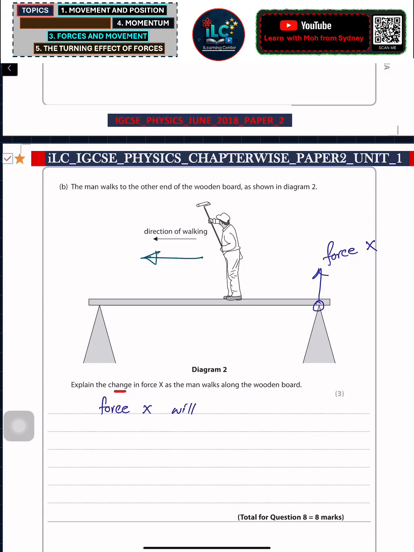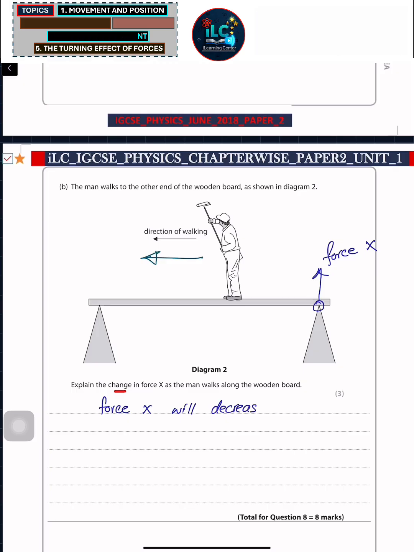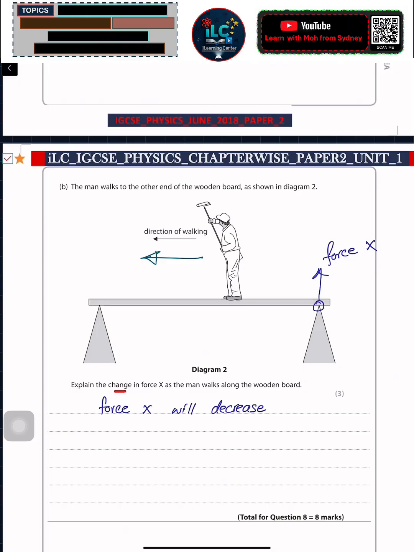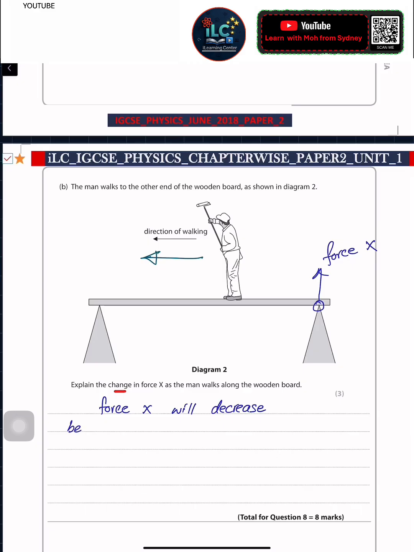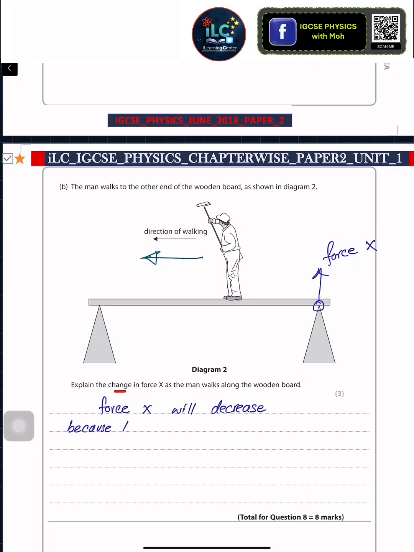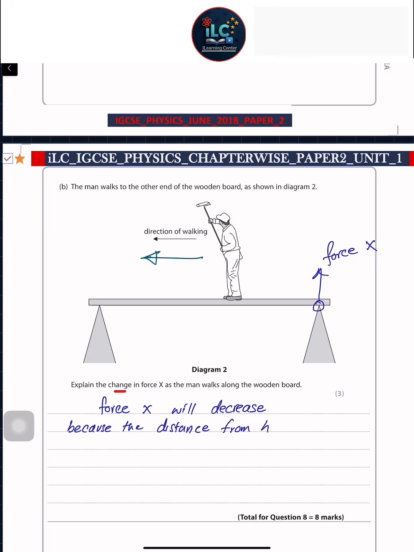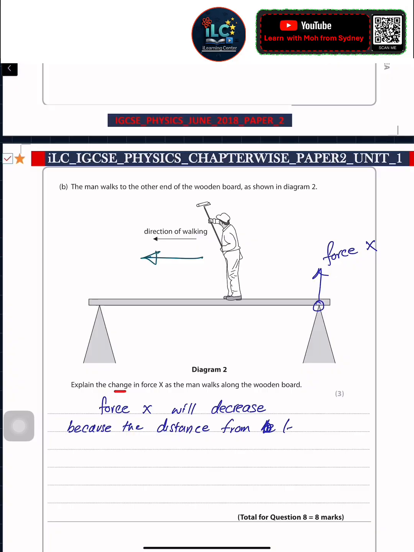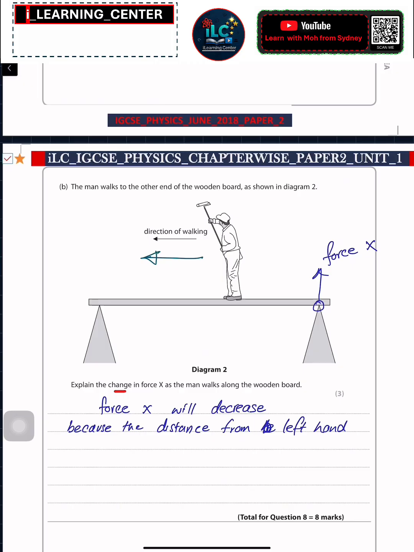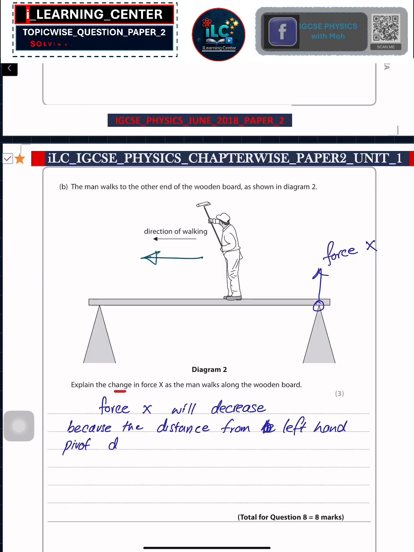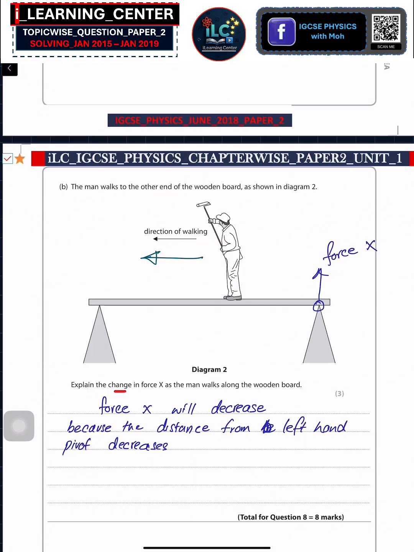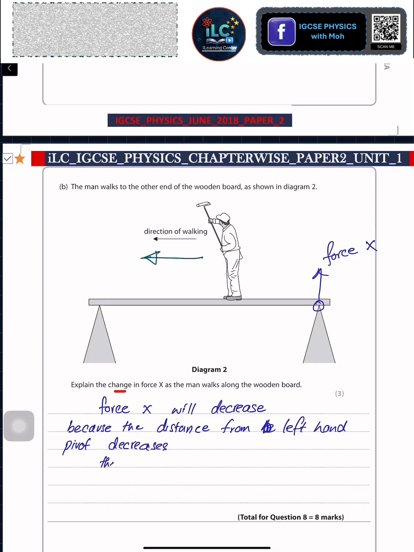X will decrease. Okay, and then the explanation we will provide is because the distance from left hand, spare my bad handwriting, left hand pivot decreases, therefore clockwise moment decreases,